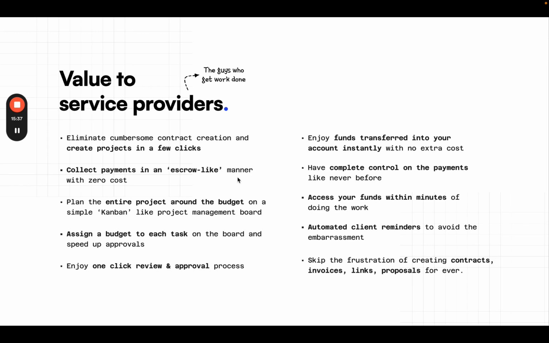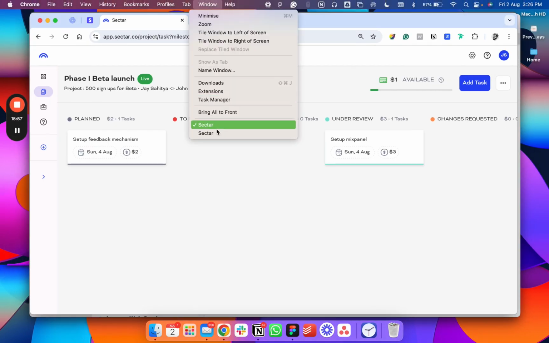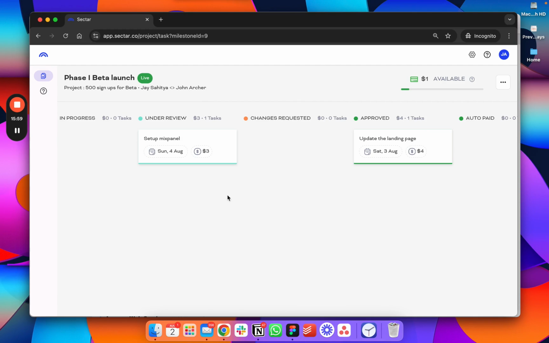And what's more interesting is that with payments happening in parallel with work, one is more motivated to work hard for the project, which is good for the clients, which is good for the projects, and which is great for the world in general. And for the clients, this gets even better. The clients first of all don't have to worry about paying in advance before a project gets started,